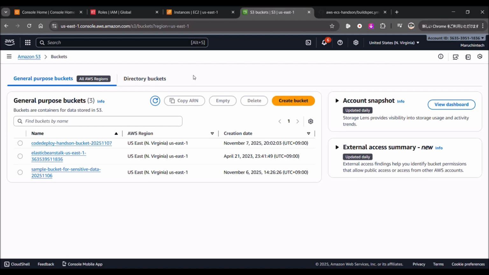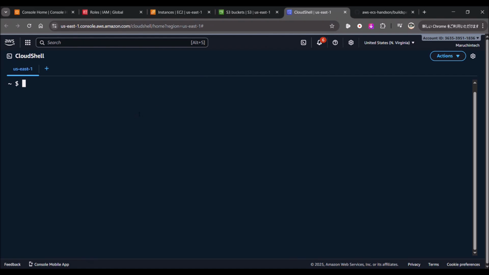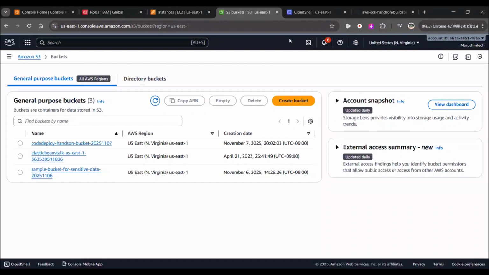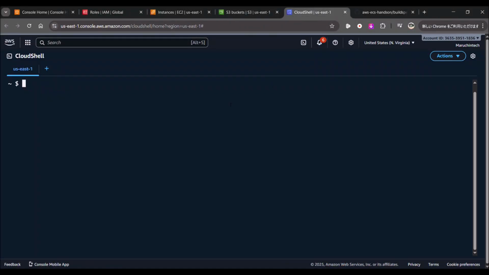So now let's create a simple application and put it in this S3 bucket. I'm going to use CloudShell to create the application files. Firstly, launch CloudShell from the icon in the management console. And we will create two versions, version 1 and version 2 of the application, so we can demonstrate the update. So firstly, let's create the version 1 application, by making a directory, creating the index.html file and appspec.yaml file